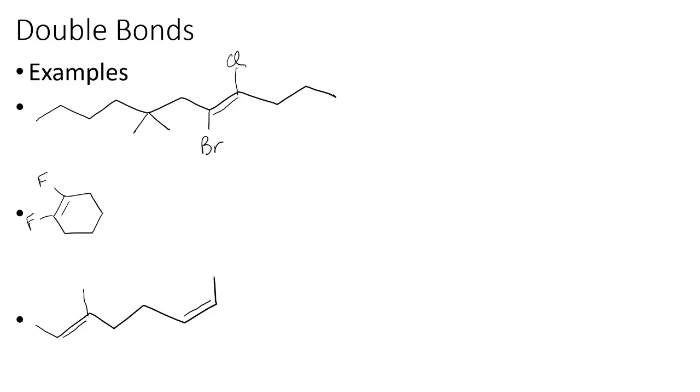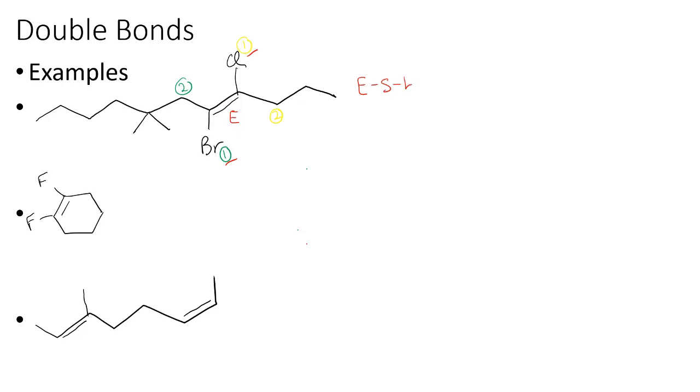So for example number 1, we only have one double bond. So I'm going to look at the double bond on the right first, the one with chlorine, and assign my priorities. So chlorine will get priority number 1, the carbon chain will get priority number 2. I'm then going to look at the carbon atom with the bromine, and the bromine will get priority number 1, and the carbon chain will get priority number 2. So when I look at this, the 2 1s are on opposite sides, so this has an E designation associated with it. So I would name this as E